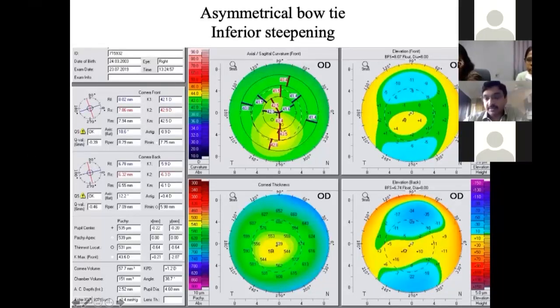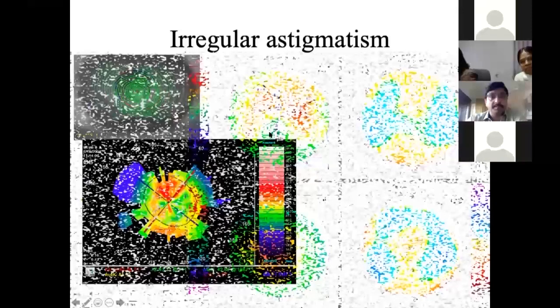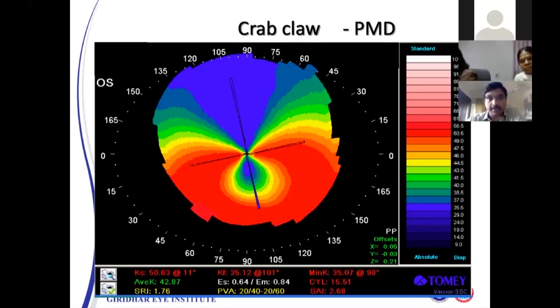Inferior steepening, anything more than 1.5 should always raise your antenna about suspecting that there is something going on in the cornea. Now, once we know this, is this cornea normal or abnormal? Well, the other printout or other values will help you in arriving at that, which we'll come to later. Irregular astigmatism gives you a very bizarre pattern like in this and this. Both of them are post-transplant corneas. And this is, as has been described before by Dr. Das, a classic Kraptov pattern in PMD.